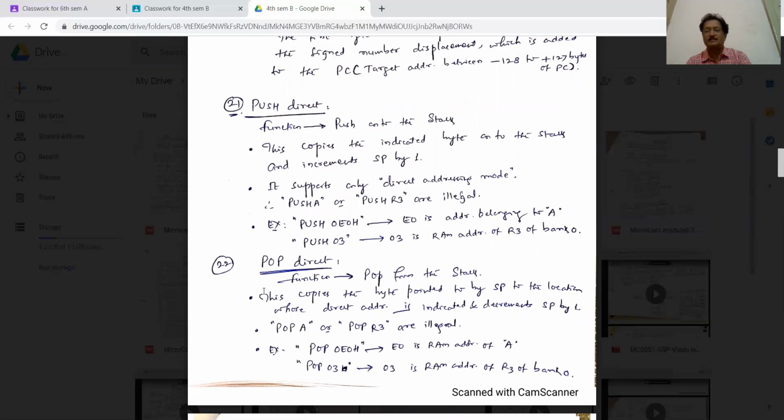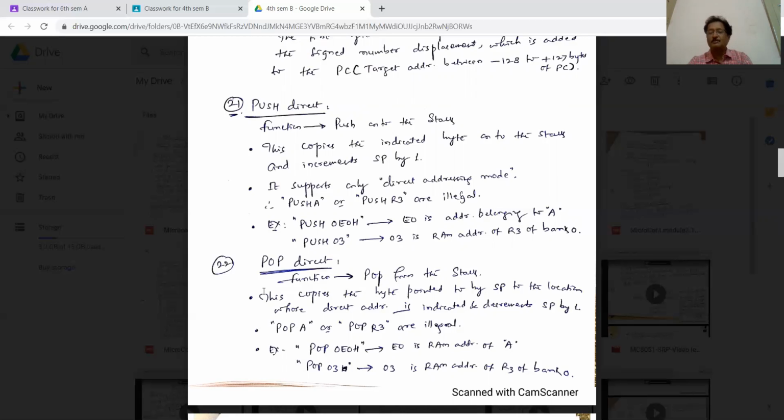The best facility 8051 has given to the users is the push and pop instructions. That means temporarily you store them in the stack, run the delay subroutine or any other subroutine. Once you come back to the main program, all the data which you have stored in the stack earlier using push instructions are retrieved, taken back, and you can work on them. If you are not doing this, your original data will go, and your entire program is of no use.